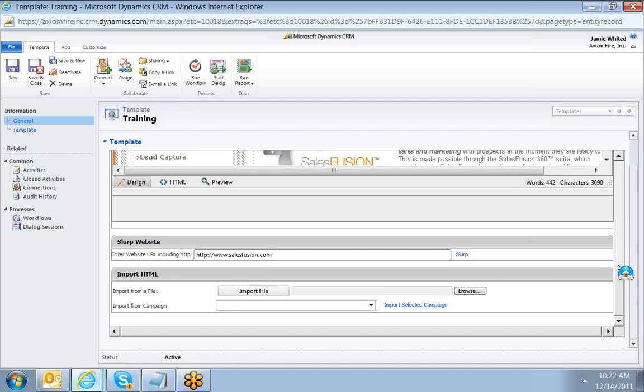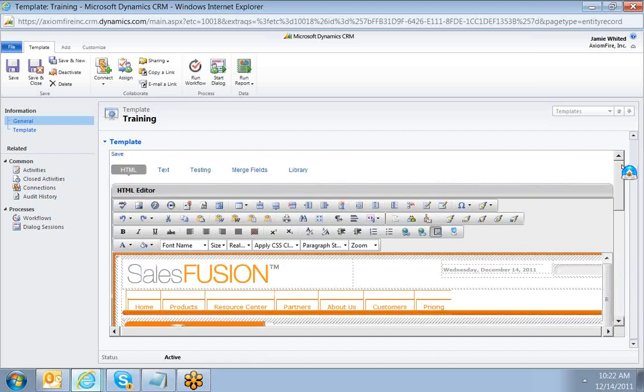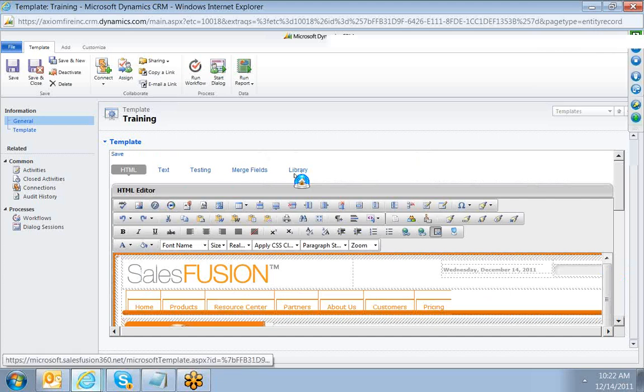We also have, for people who are not familiar with HTML and you want something quick and easy to plug in, we have a library here that you can access. When I click on Library,